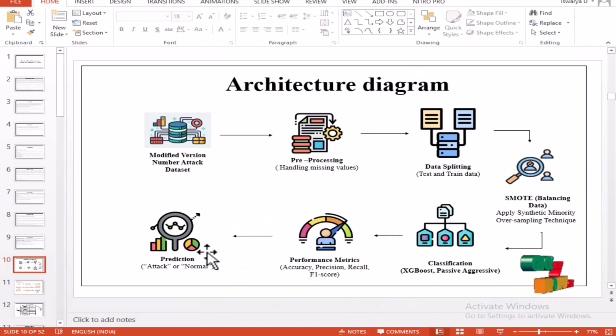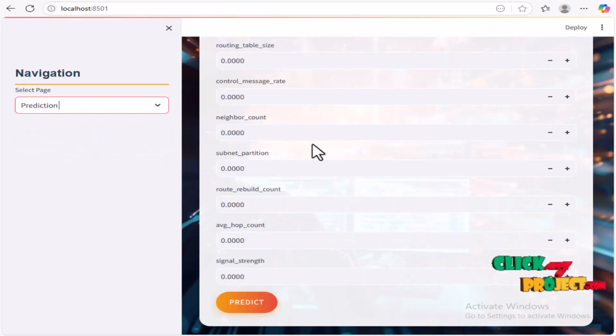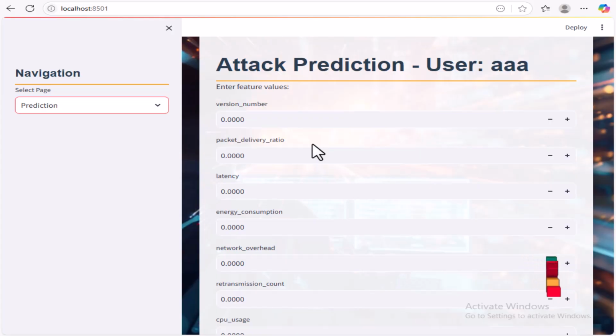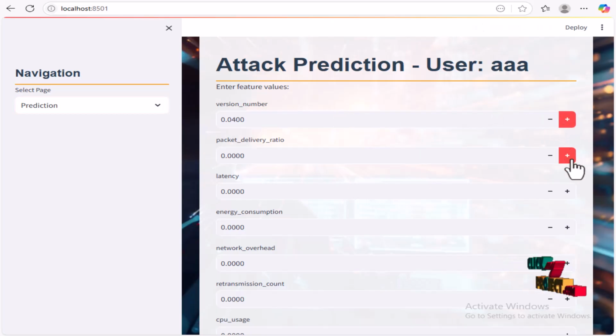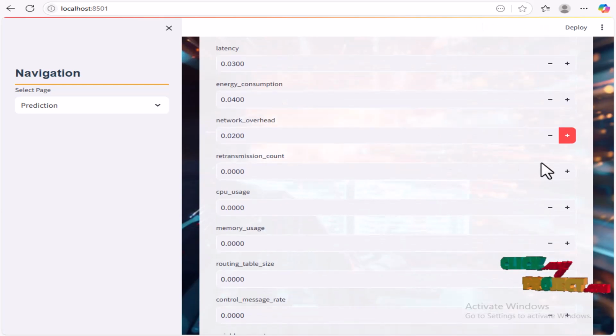And then finally prediction. Click prediction. This is the prediction page. The user needs to enter the attributes of the dataset. Enter version number, packet delivery ratio, latency, energy consumption, and the next is network overhead, and the next is retransmission count, and the next is CPU usage,